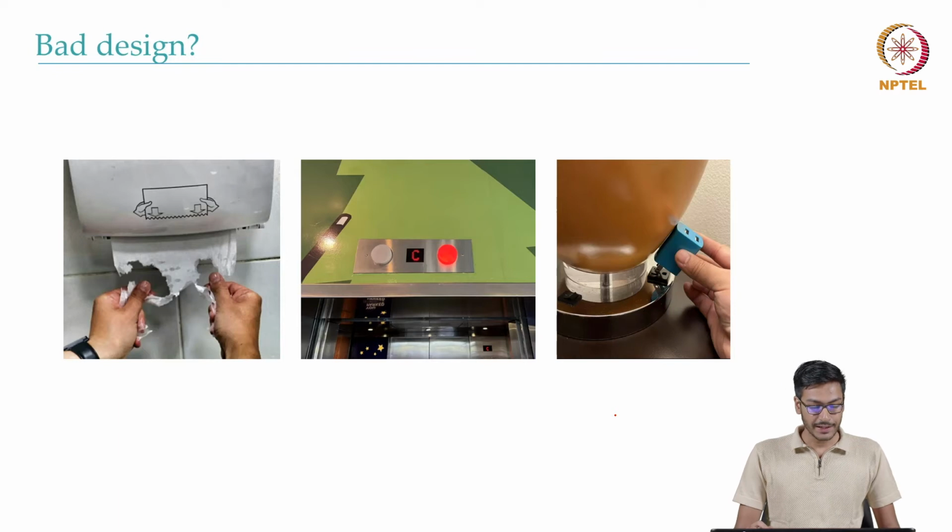Then we come to some more bad design examples from our day to day life. The first one being the tissue paper roll, which tears when being pulled hard with wet hands. The next example we see is the elevator that does not have up or down arrows to signify the direction of movement of the elevator. The next example we come across is this placement of the power socket, which does not allow proper insertion of the adapter, creating confusion and frustration among the users.